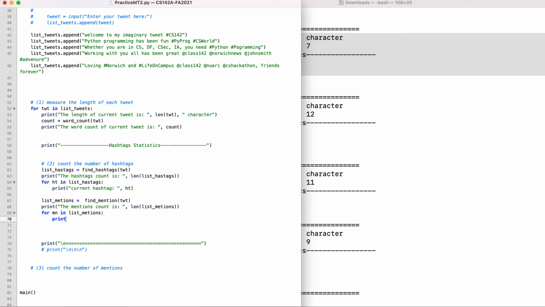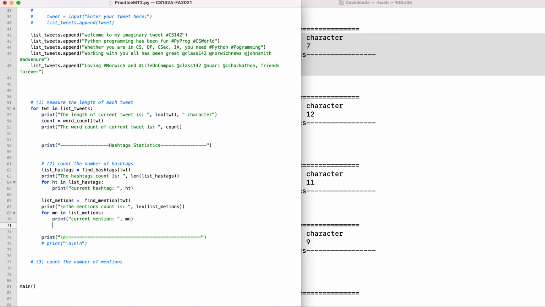Now I'm going to print. I'm also thinking maybe I can make a line like that. Okay, so I'm going to say current mention, and this is going to actually print the handle of the user, for those who are familiar with Twitter. Okay, so if we do this,